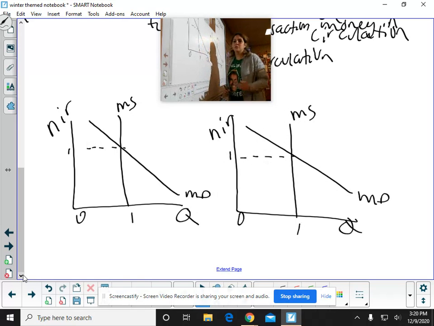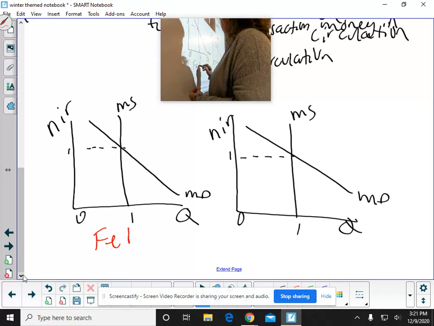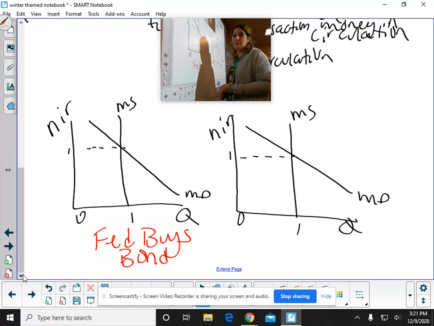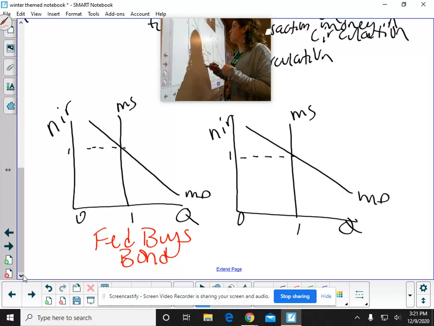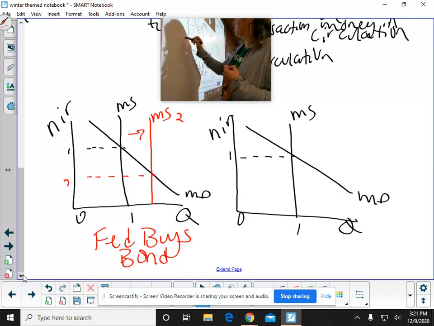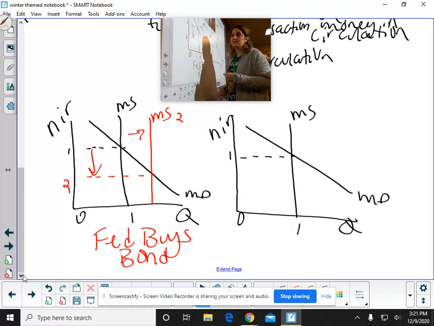Okay, so expansionary monetary policy and contractionary monetary policy is what shifts money supply. More specifically, the buying and selling of bonds. That's their primary monetary policy tool. When the Fed buys bonds, they're buying them from the banks and giving the banks money for those bonds. So they're taking the bonds away from the banks and giving them more money to put in their excess reserves. So money supply increases and shifts to the right when the Fed buys bonds, and that lowers the federal funds rate. That makes banks able to borrow more money from other banks and increases lending overall, and there's more money supply